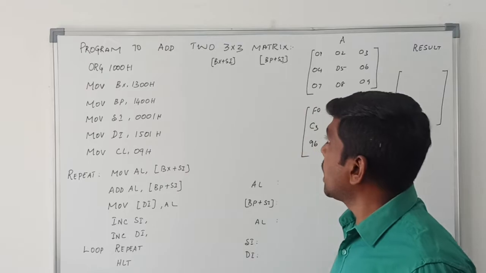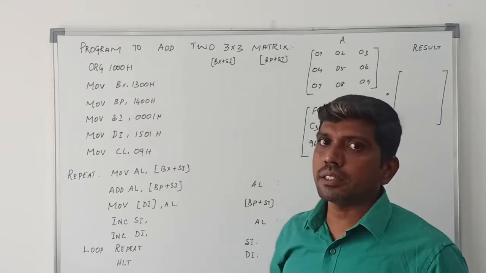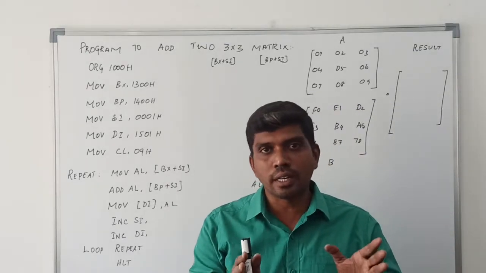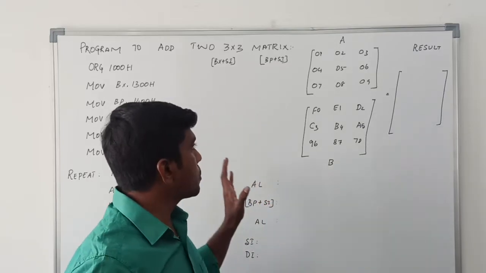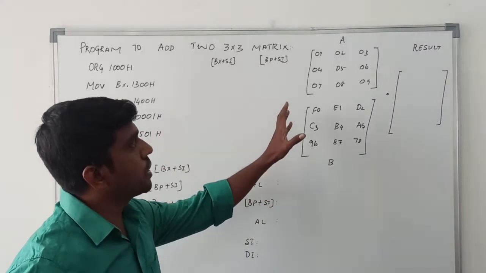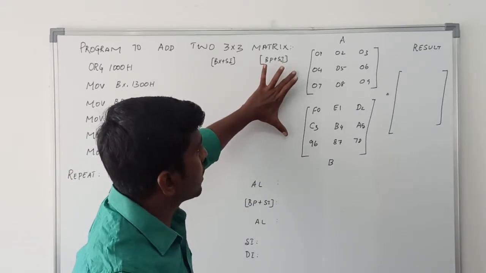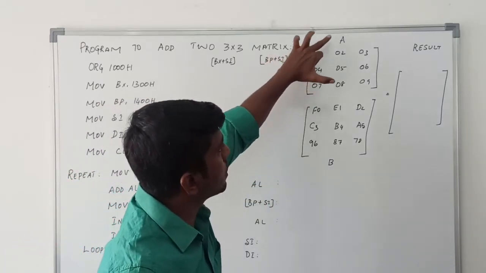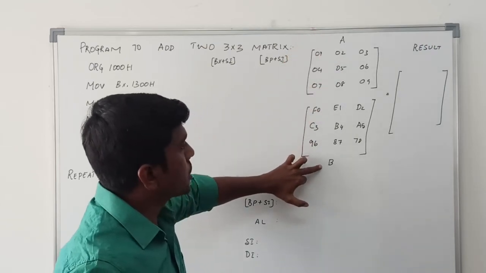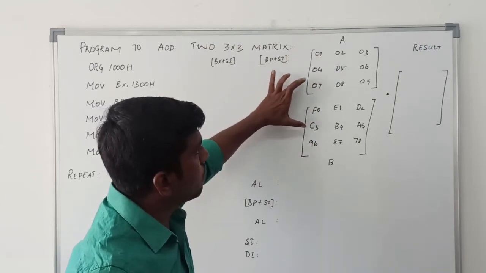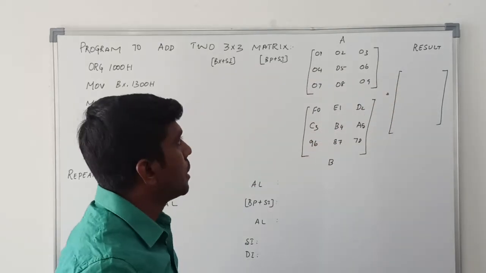This session I am going to discuss the matrix addition program. In this program I am taking two 3 cross 3 matrices and adding their values to get the result. Before I start the program, I will first clearly explain the matrix calculations. For the manual calculation, I am taking two 3 cross 3 matrices, namely matrix A and matrix B. Just by adding these two elements you can get the result.